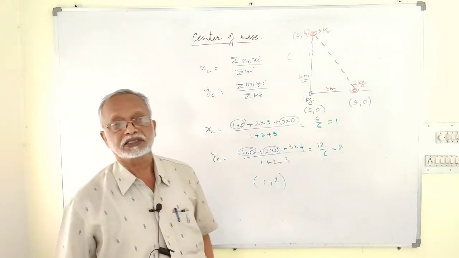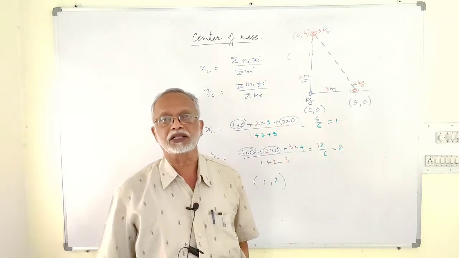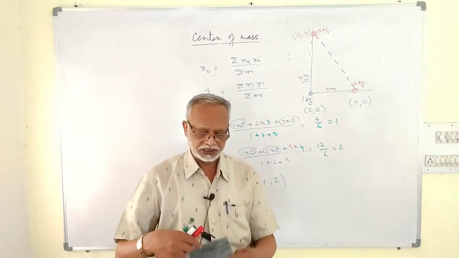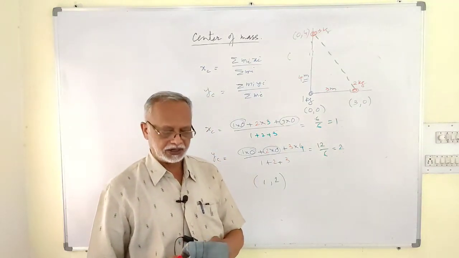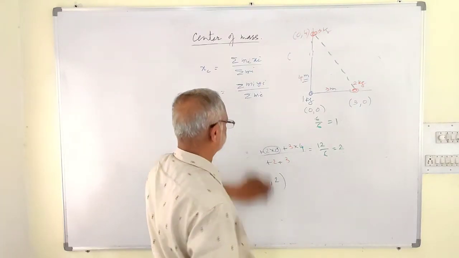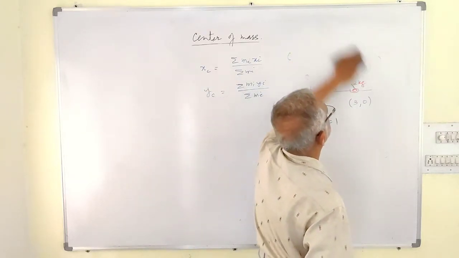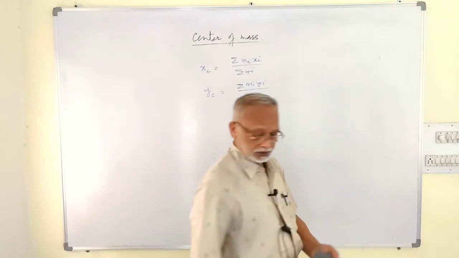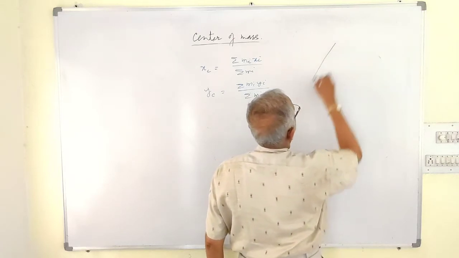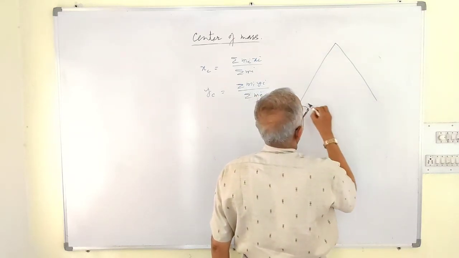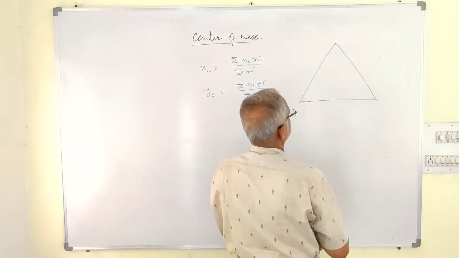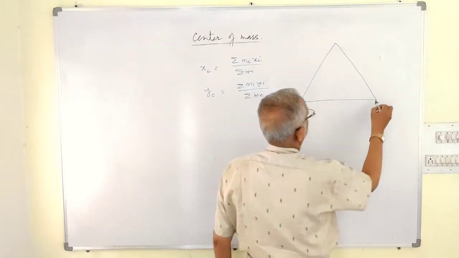It is not necessary that the body should always be present on the vertices of a right angle triangle, such that if one is at the origin, the remaining two are on the x-axis and y-axis. Let us consider a case where three bodies are present at the vertices of an equilateral triangle. Suppose we have got an equilateral triangle of side L. Suppose we have got three identical bodies, each of mass m,